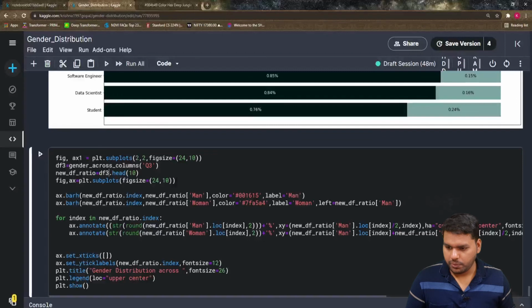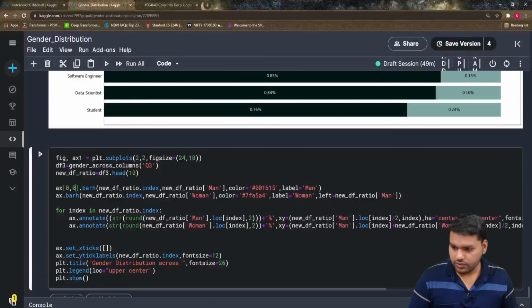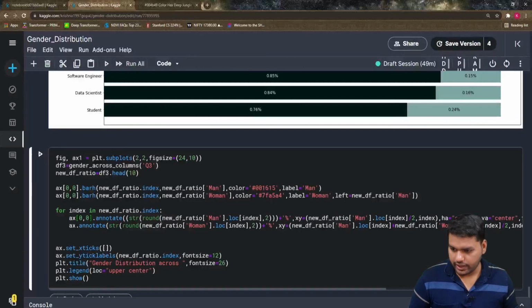We already have this one, so we don't need this, and we want this plot in 0, 0, and you have to change this axis to axis 0, 0 and pass it.